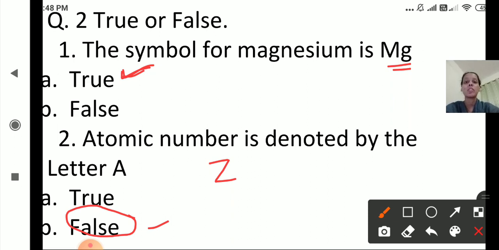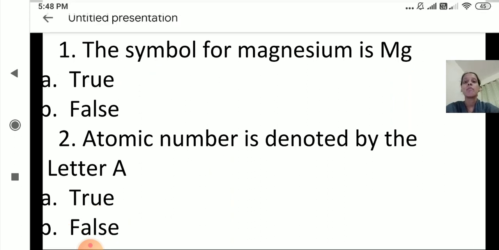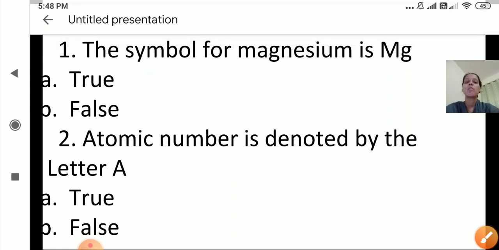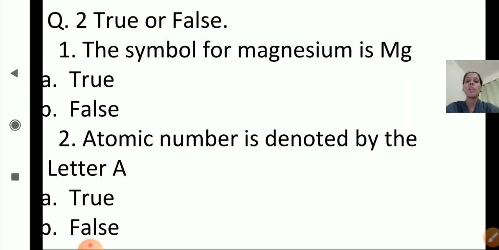So this type of question can come in the exam. You will prepare everything which is given in the lesson, and all the assignments and all the question answers which are given in the written work, everything you will prepare for the exam. Okay, hope you are clear with this.